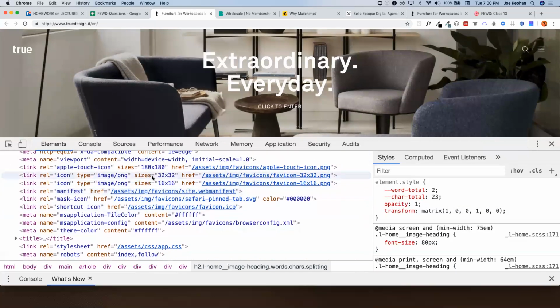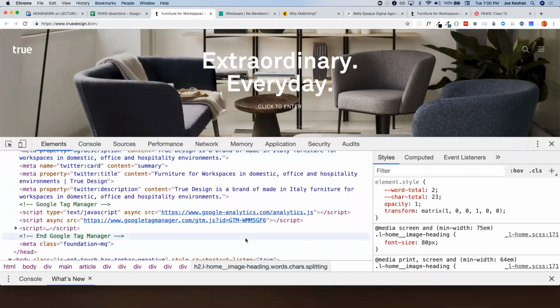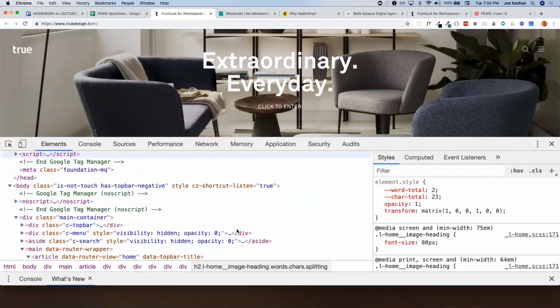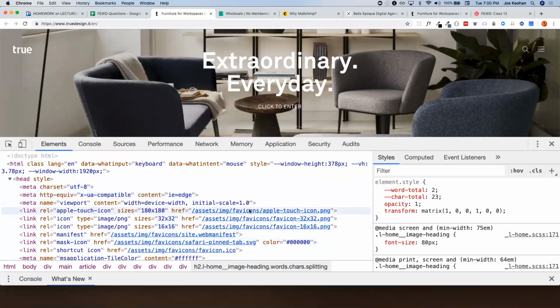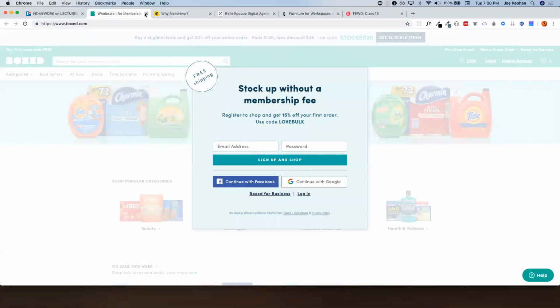There's a lot of stuff. Look at all of these icons they're linking to. There's the title, another thing, the true design. I'm looking for maybe a JavaScript thing, Google Analytics. I don't see anything in here. Sometimes when you go to the sites, you'll see a reference to an animation library, and then I'm like, oh, they're using that library. And then I know what library they're using, and then we can go to their library. This doesn't contain anything that I'm aware of. So I'll try to, when I find one where I know the library,